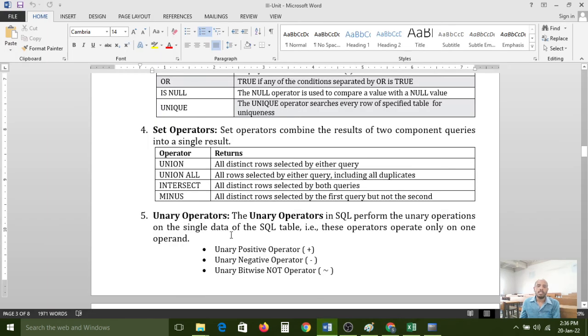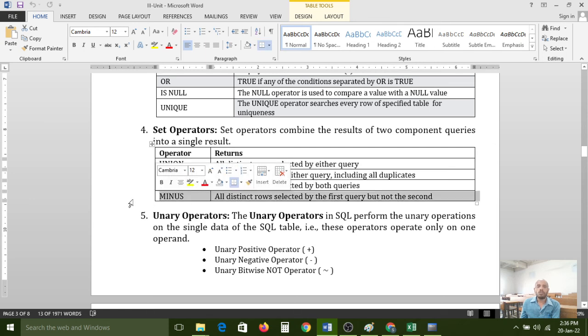So like that we can use the set operators. What is the functionality of set operators? Set operators combine the results of two component queries into a single unit. How many types of set operators do we have? Union, union all, intersect, minus. If you want to know the functionality of these four operators, simply search on Google and do a revision, because you already learned this concept in 10th class.